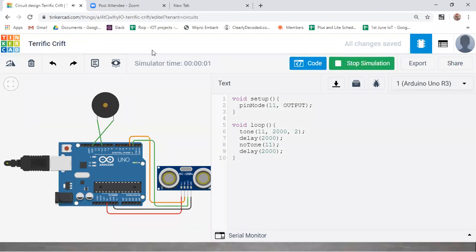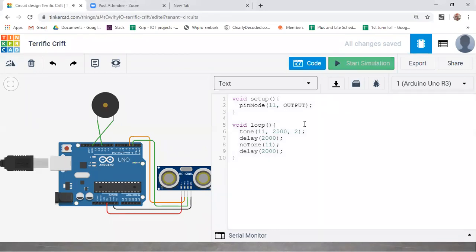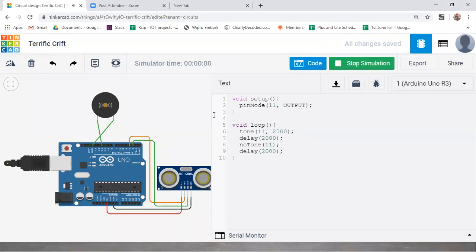As you are giving less delay here, it is just giving the sound, but for less time. I'll just try to remove this. Now you can see, right? Your buzzer is enabled for 2 seconds, and it is off for 2 seconds, and again it is operating. We have written it in the loop, so that is why it is operating.